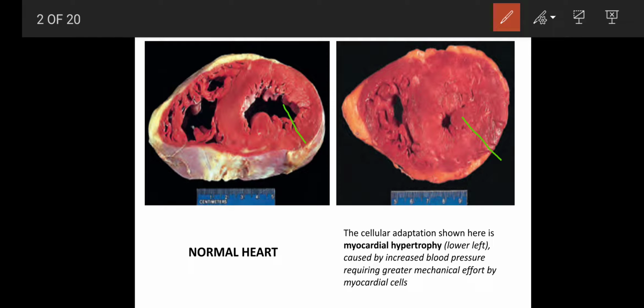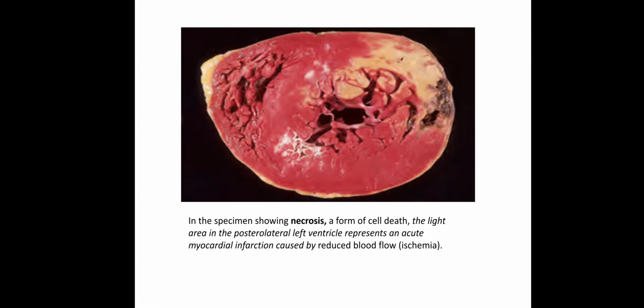Now if you look at my previous lectures, I have already discussed the mechanism of hypertrophy. In hypertrophy, just the cell size is increasing. And this myocardial hypertrophy that I am sharing with you is an example of a pathological hypertrophy. And we also know whenever there is an increased amount of work and an increased resistance to the work, hypertrophy will take place. Let us go to the second slide.